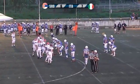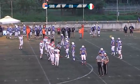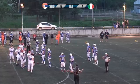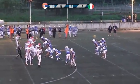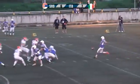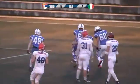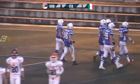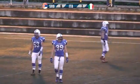Ready to punt the ball with number 81, Willy Testa, on this shield formation. Single returner with number 31, Aleksandar Borkovic, for Team Serbia. Serbia fans cheering for the team that has the opportunity now to regain the ball possession. The ball is well kicked towards the corner and guarded by the Italian specialists that stopped the ball on the 9-yard line. That makes it not really comfortable for Team Serbia to play the next drive, but now